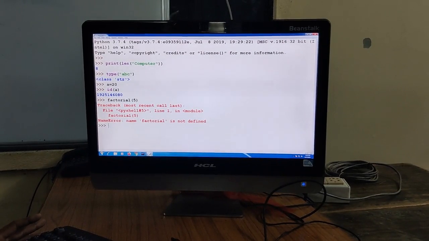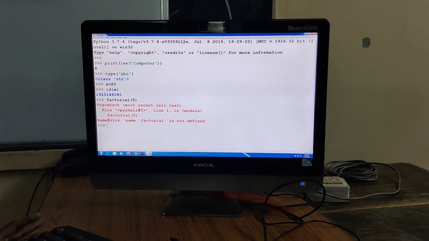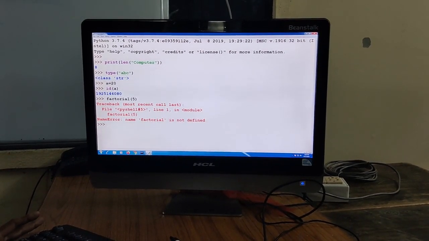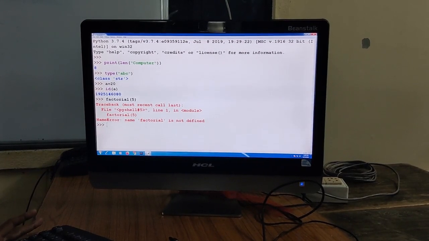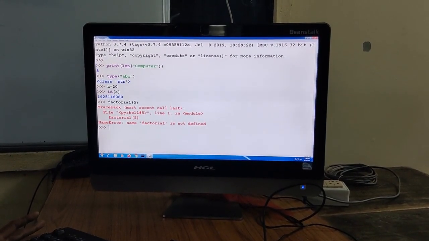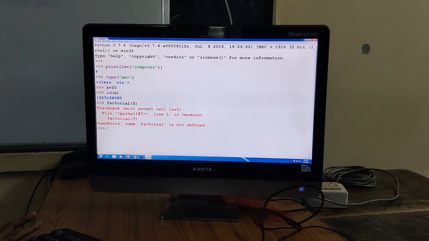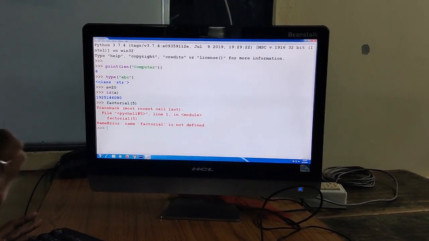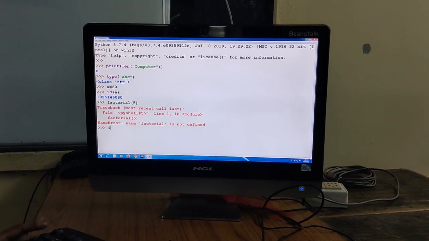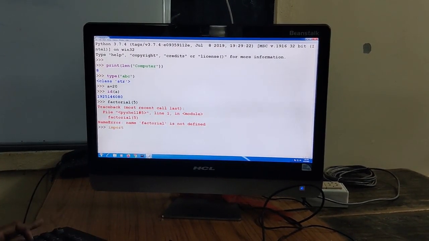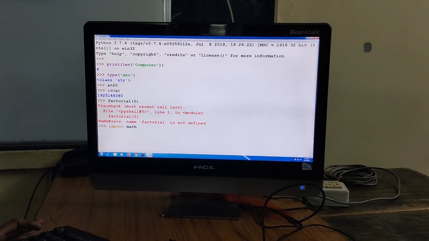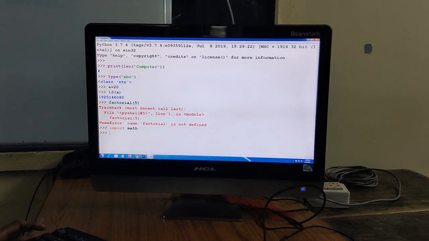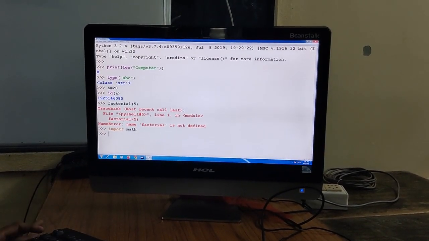Now your interpreter has given this error message, that factorial is not defined. What is the meaning of this line? Students, you know that the factorial function is available, but that function is inside the math module. So what will you do? You have to import the math module by writing this import statement. Now you can use the factorial function.